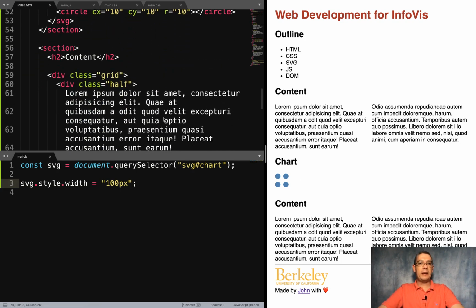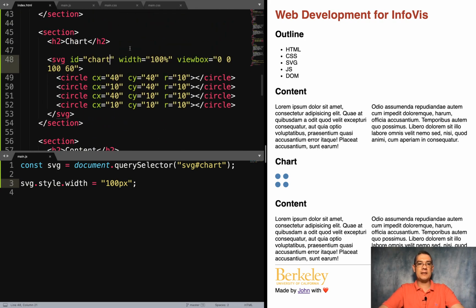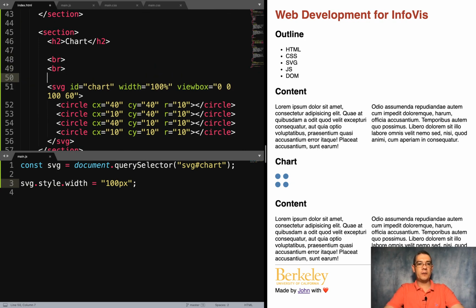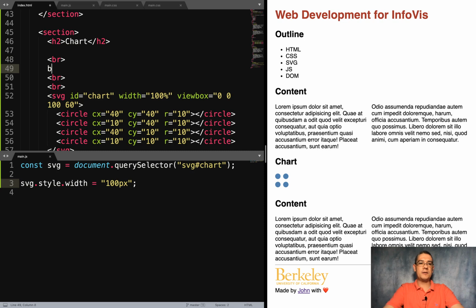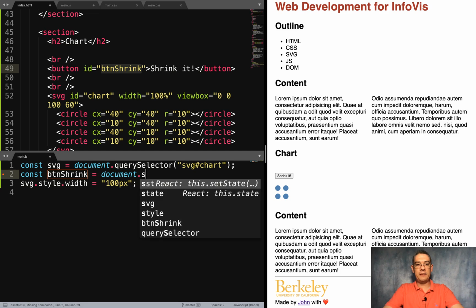Now, we can make these things fancier even, adding a little bit of interaction. Let's say that we want to create a little bit of a break in here, another break in here, just to have some separation. And then inside there, I'm going to put a button that says shrink it. I'm going to put an ID here so we can identify that button. And then I can select that button